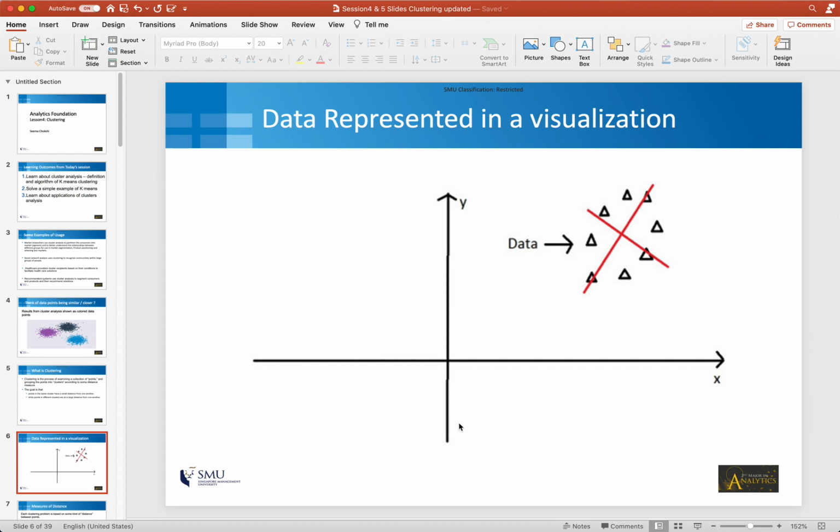But we will have to represent that data as a numeric visualization. I'm doing this for two dimensions, and later you will understand why we want to do this when we are doing clustering, and we will extend it to higher dimensionality as well. So to sum it up, we have an XY plot, which is basically, think about two columns in your data and you're plotting them in an XY visualization.